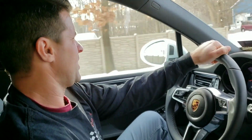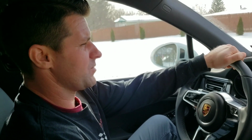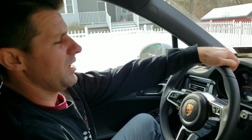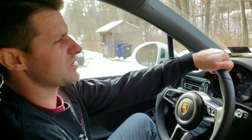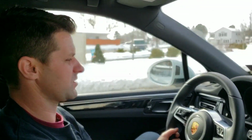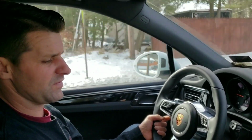Another thing that I can say positively about this vehicle is the gas mileage. So we're in New Hampshire. We picked up the car from the Porsche dealer. We're approximately 30 miles away. I drove home and back to my shop 4 or 5 times. So I probably put 100 plus miles on this car in 24 hours. And we filled it up to bring it back on a full tank. It cost us $10 to fill it up. So gas mileage, fuel range, fuel economy,